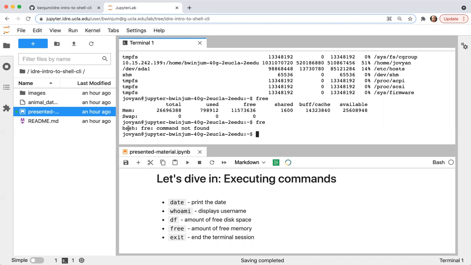The first Unix shell was called sh. Bash comes from the Bourne Again shell, and Bourne is the name of somebody who developed the shell. You might also see the Z shell or the C shell. Right now we're interacting with bash.